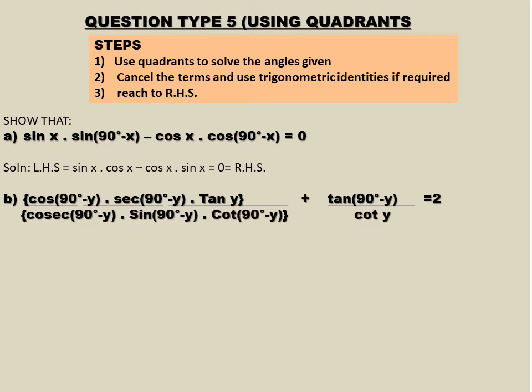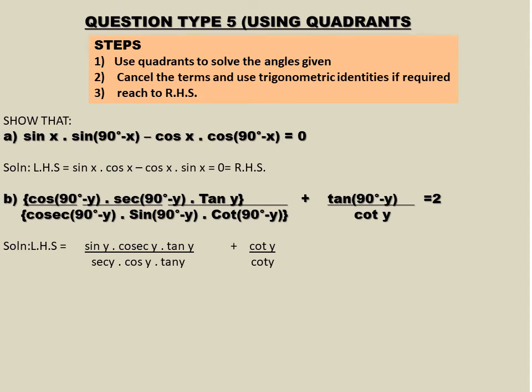Similarly, one more question like this. You just have to simplify, right? In your first quadrant, all the trigonometric ratio change each other. Means sine becomes cos, cos becomes sine, right? Then sec become cosec, cosec becomes sec. And tan become cot, cot becomes tan. So this you have to remember, right? So how you will change this?